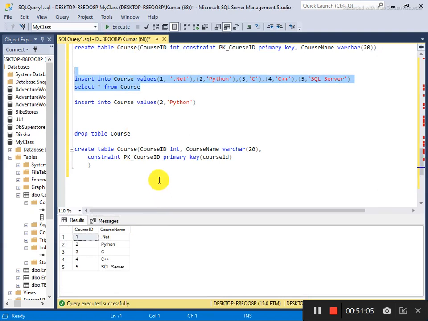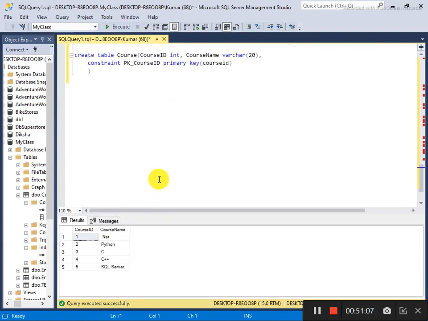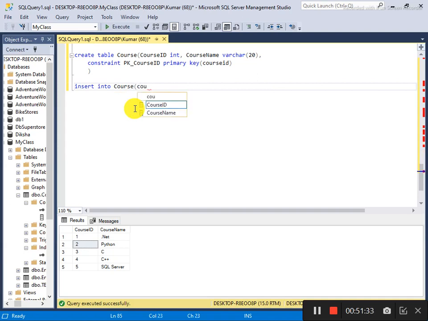Okay, so what can I say about a unique key? A unique key is also like a primary key, the only difference is that you can have a blank value, but only one time. Like if you want to make an entry here: insert into course. If you want to put a value in a specific column, then you have to declare it.